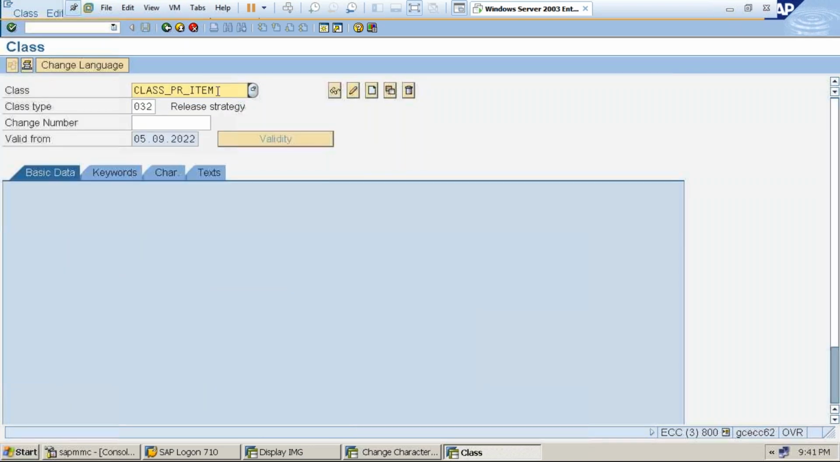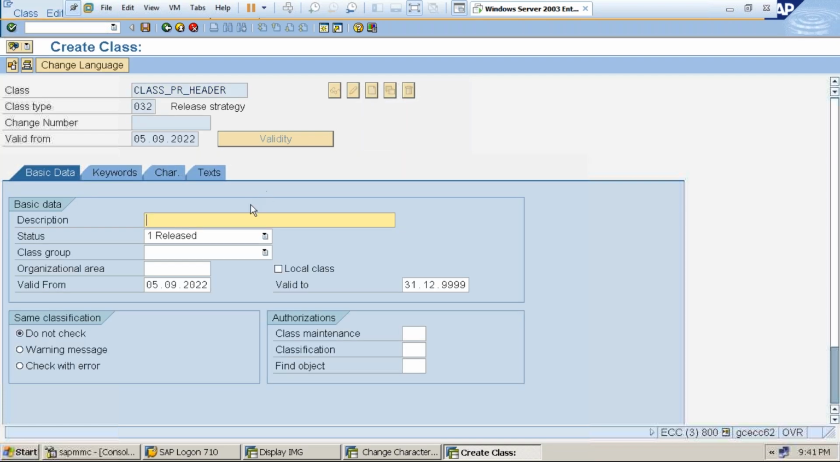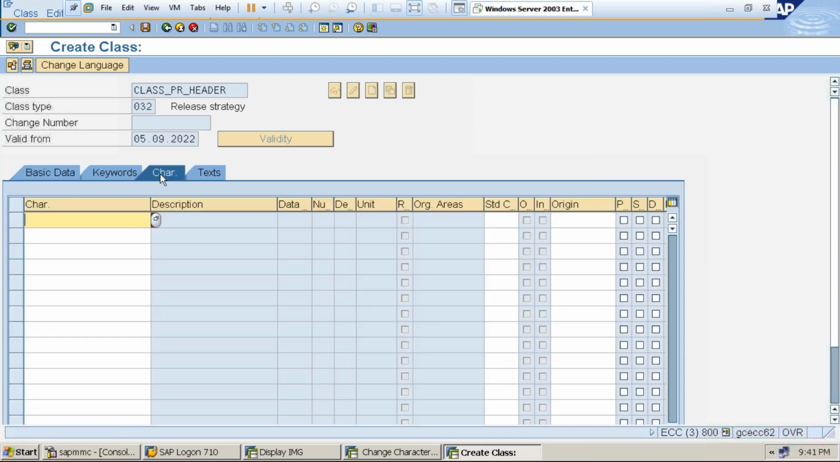Okay, so class PR header, I'll write here, HEADER. I'm going to assign the characteristic to a class. This is what I'm doing here. So here what I'll do, class PR release at the header level. Okay, and now I'll go to characteristics, and then what we have created as characteristic